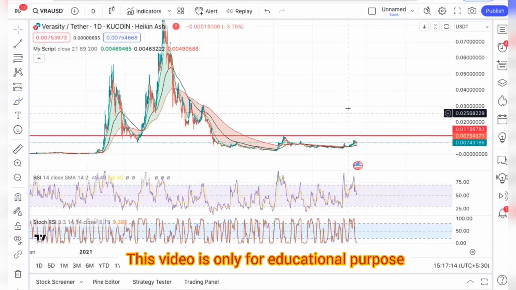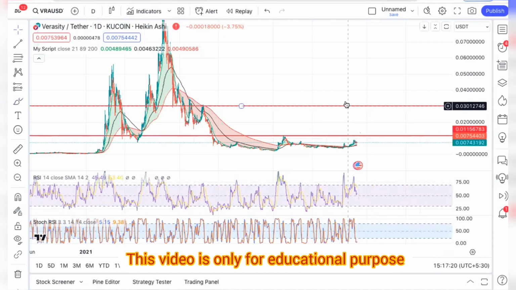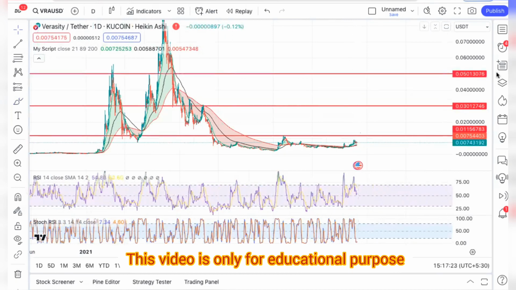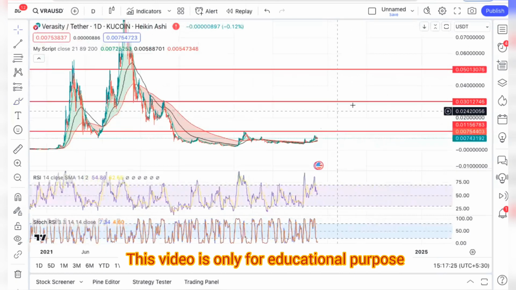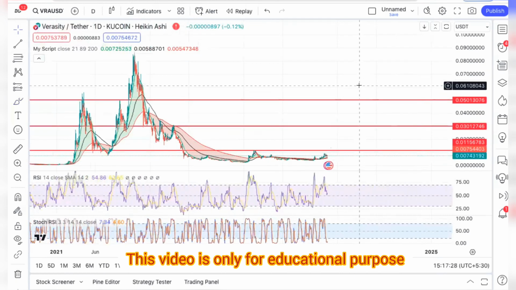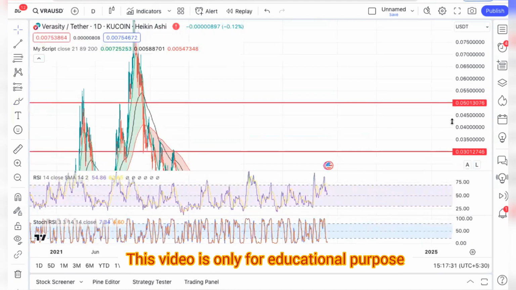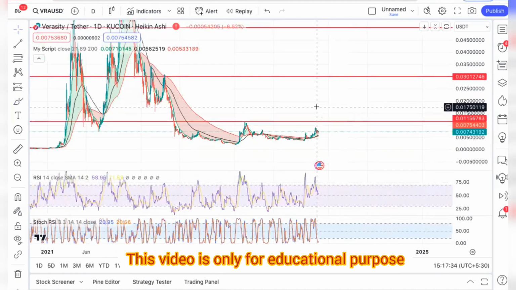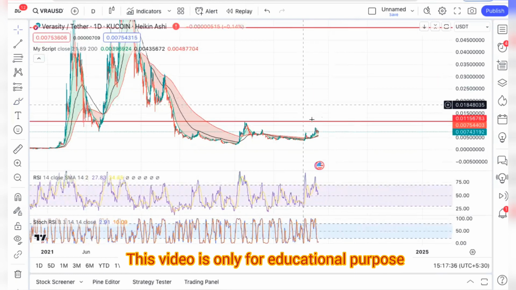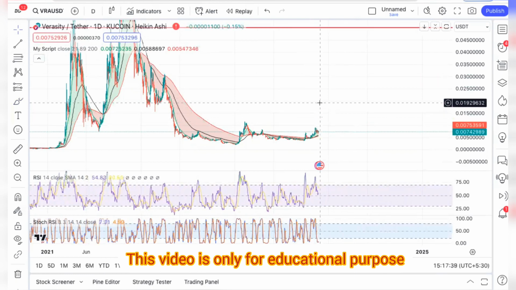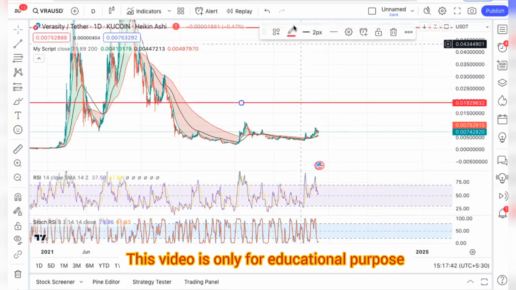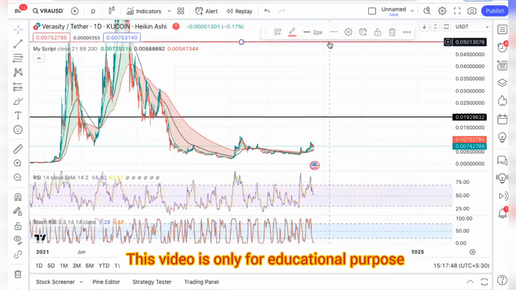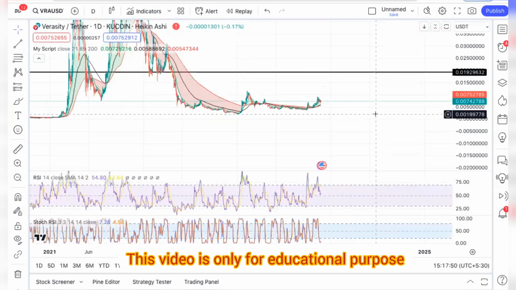Again, this is not financial advice. I can be wrong, but purely from the technical point of view, I don't see any reason why we should not tag these zones eventually when we resume a full-fledged crypto bull market. So I think it's just a matter of time, but even for the mid-term, I think we tag these zones, especially this zone at 0.018, around the 2 cent region. I think we tag this zone. We just have to hold this low that we created in December